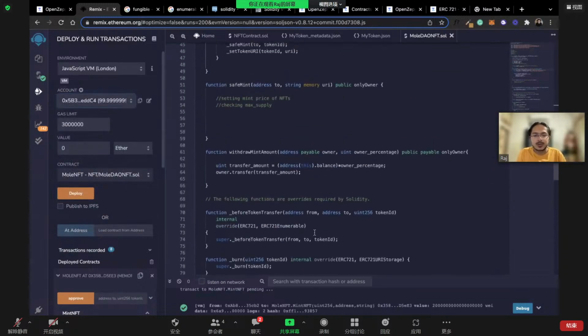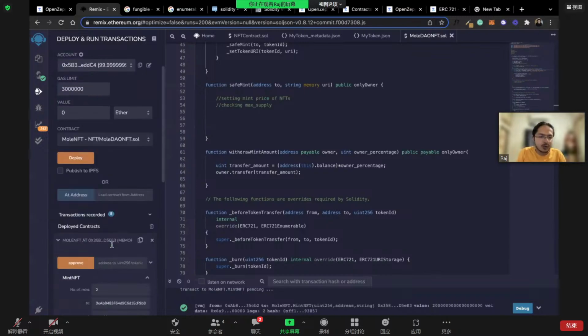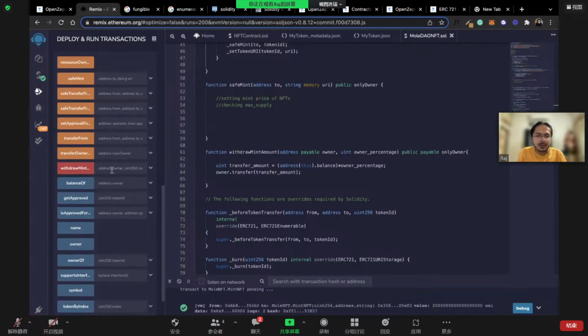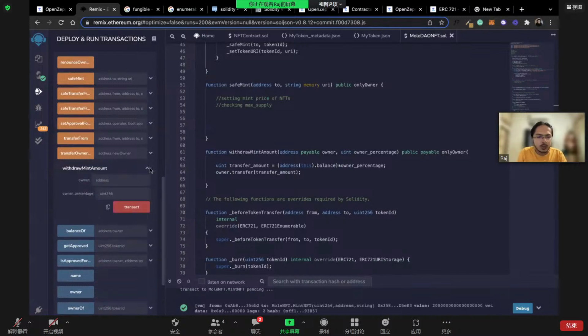Okay, there is the withdraw function. Ideally, only the owner should be able to do this. So let's just say owner. Let's have our address copied. Where withdrawal mint amount. Go here. Let's say address, and let's say I want to have 50% of the mint. So I'll say 0.5. This means that we are giving 50% of the mint to the owner, and 50% is still with the contract. So when I transact,